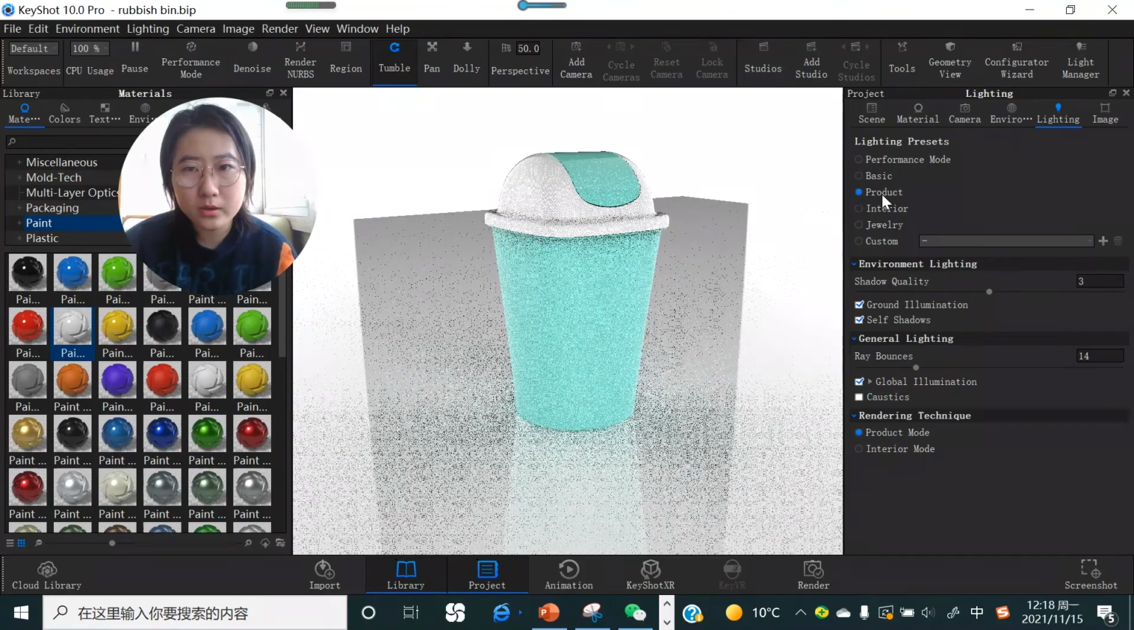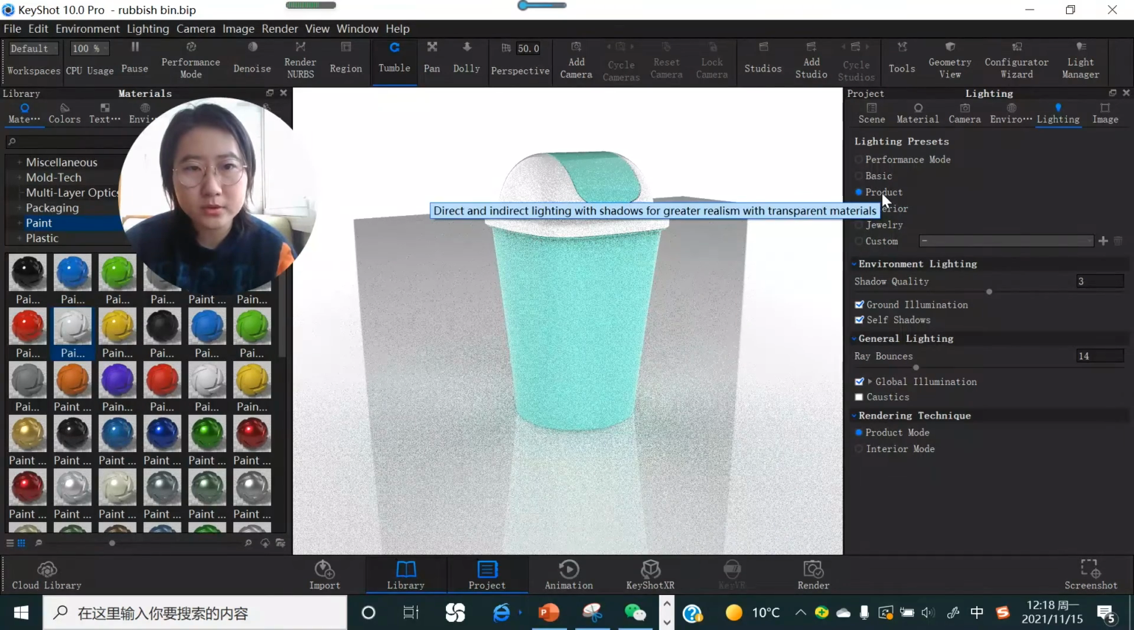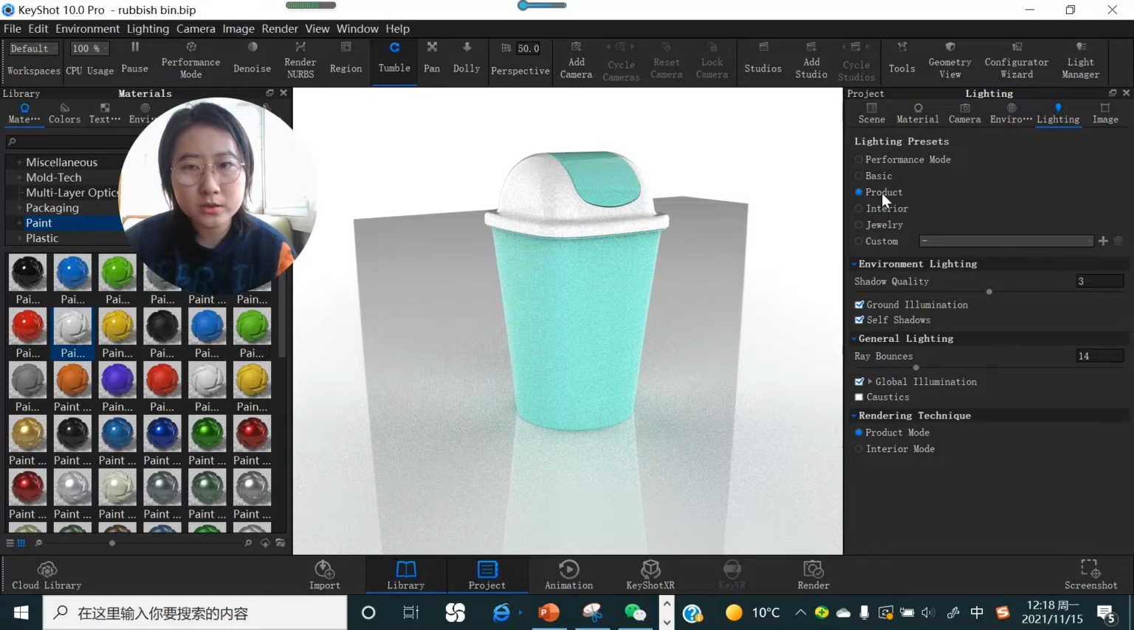Products mode can be described as direct and indirect lighting with shadow for greater realism and with transparent materials. So if you use products mode and you have a transparent product, you get a better render by using products mode. Let's do